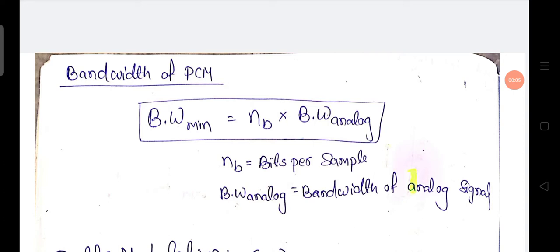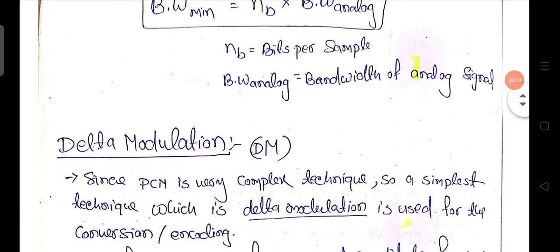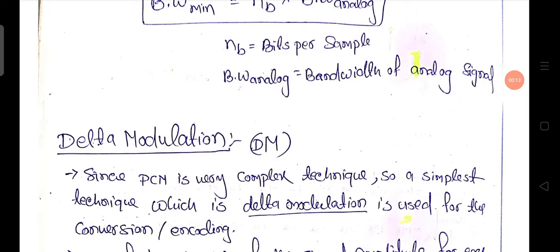Okay. In today's class, we are going to study another modulation technique we use in analog signal to digital encoding techniques, that is delta modulation. In previous classes we have already seen PCM, pulse code modulation, and now we will see delta modulation. Before that,